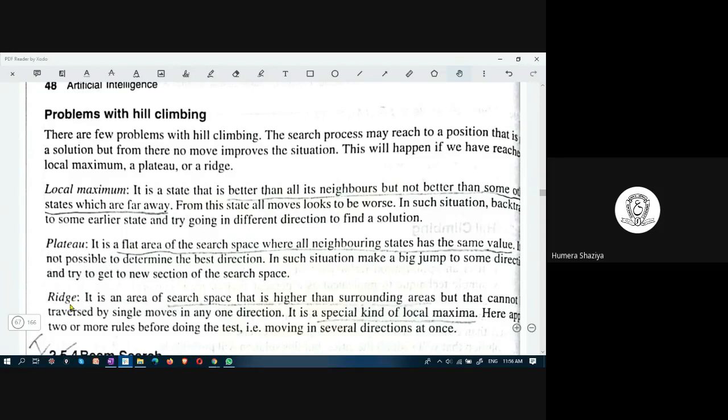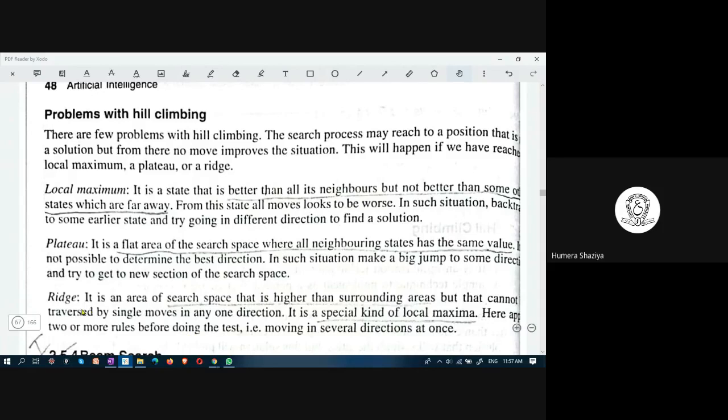A ridge problem: it is an area of the search space that is higher than the surrounding areas. The surrounding areas have values less than the next area's value, and that is higher to reach. So what has to be done? A jump should be made from the present state to the subsequent state after the neighbor.